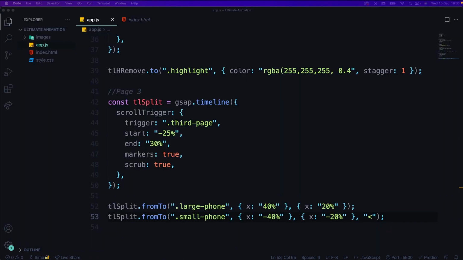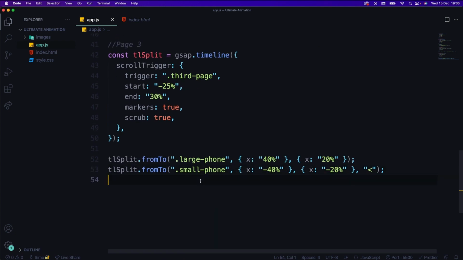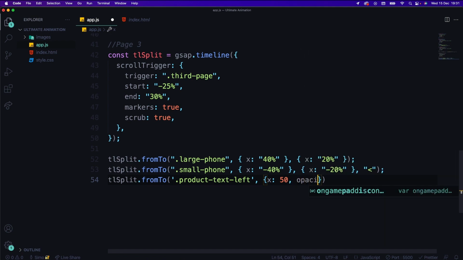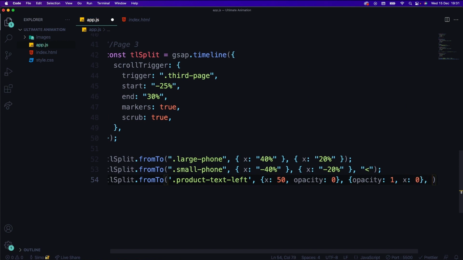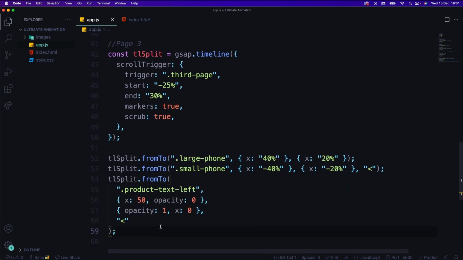Now, same thing with the text. So all we have to do is grab the TL split dot from to, grab the product text left, and I'll just move it X 50, opacity 0. So we'll grab that and then transition it back to opacity 1 with an X of 0. Okay, and we're going to play this at the same time as well. So I'm just going to add a smaller than symbol, and then we're going to duplicate this